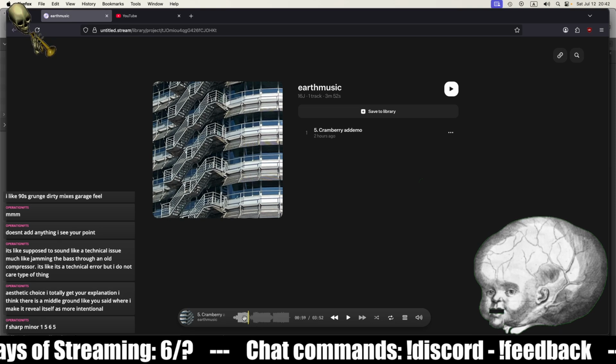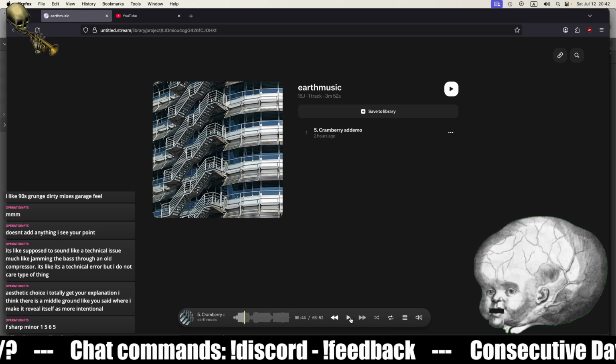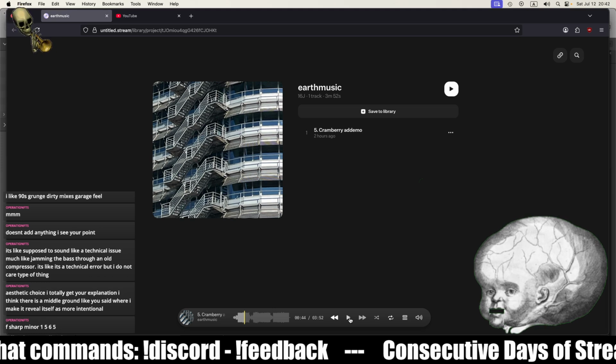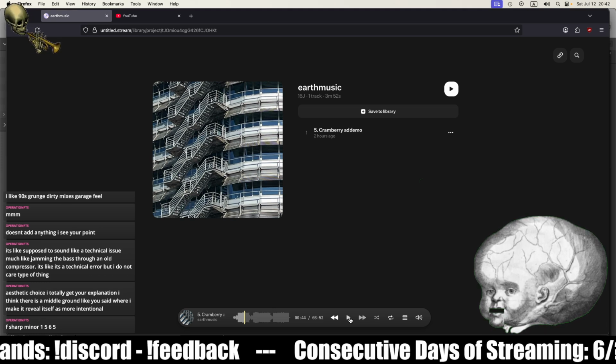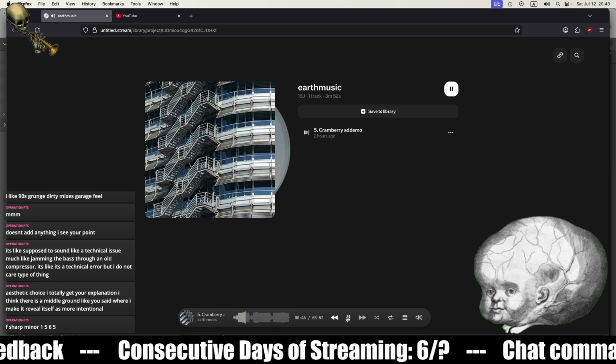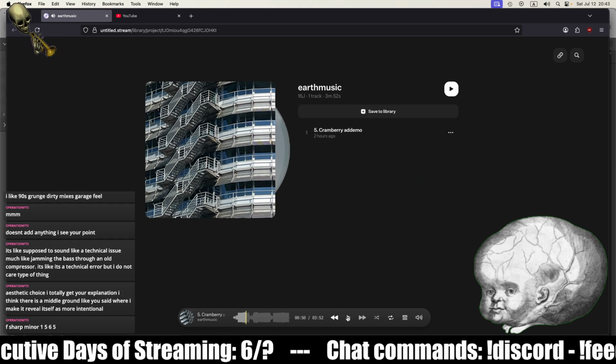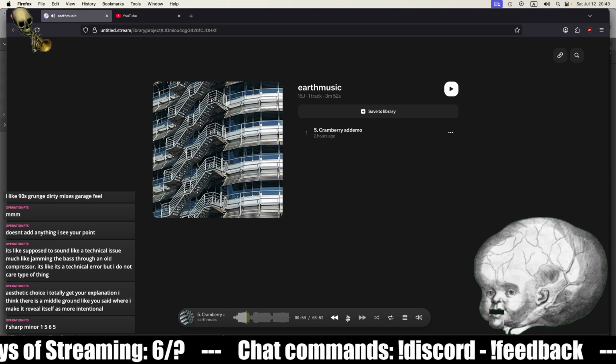Your first note of the bass, the F sharp, is way louder than the rest of them. It has way more sub energy than the others.